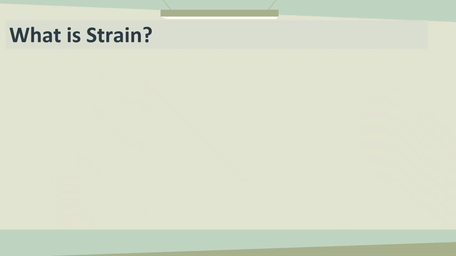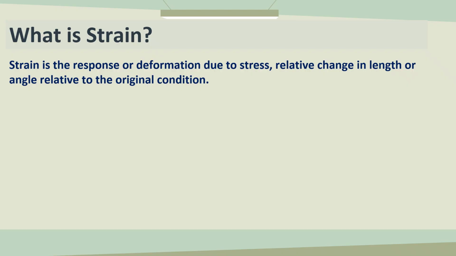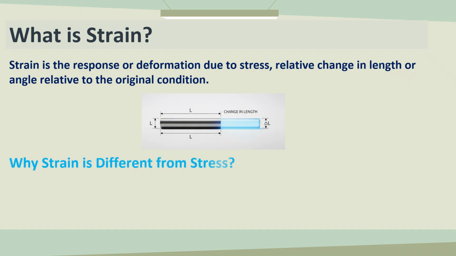Strain is the deformation produced in a body due to the application of stress, and it is defined as the relative change in length or shape compared to the original dimension. Whenever a load is applied to a structural member, the material either elongates, shortens, or changes its shape, and this change is known as strain. In this example, the rod is subjected to an axial load, causing it to elongate from its original length to a new length. The ratio of this change in length to the original length is called longitudinal strain,